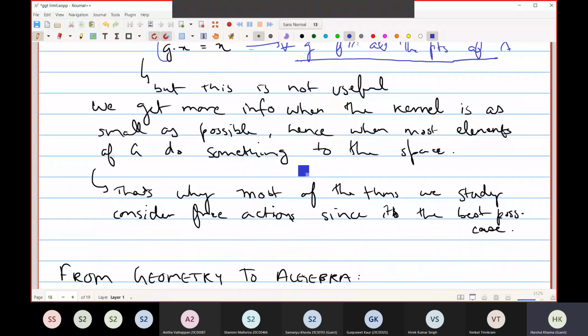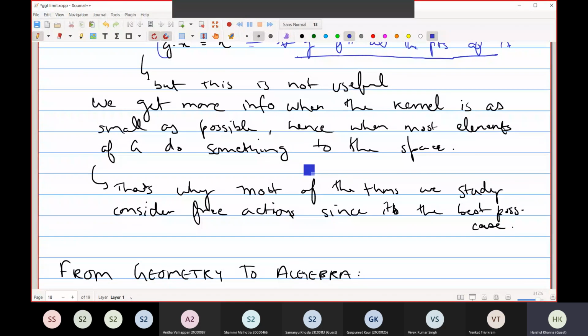Now, that's why most of the theorems we study consider free actions. Because it's the best possible case scenario, they give the most information. A free action gives you the most information about a group action, since most of the group elements are acting somehow on your space X. Now, till now what we have done is we associated a geometric object